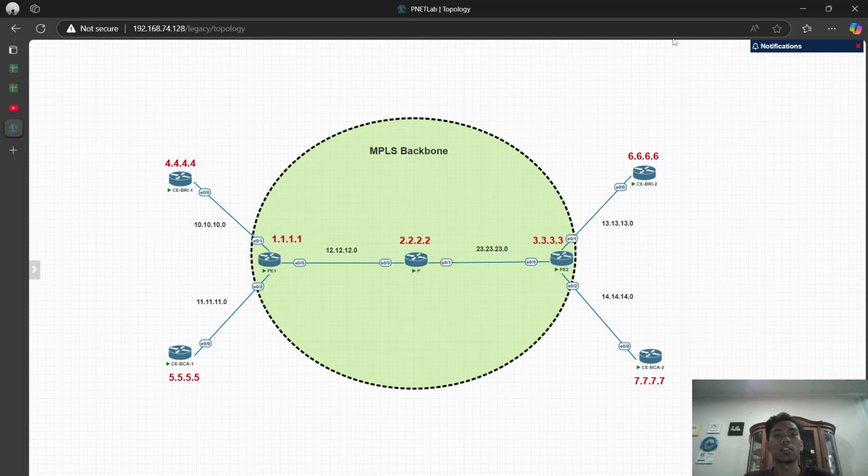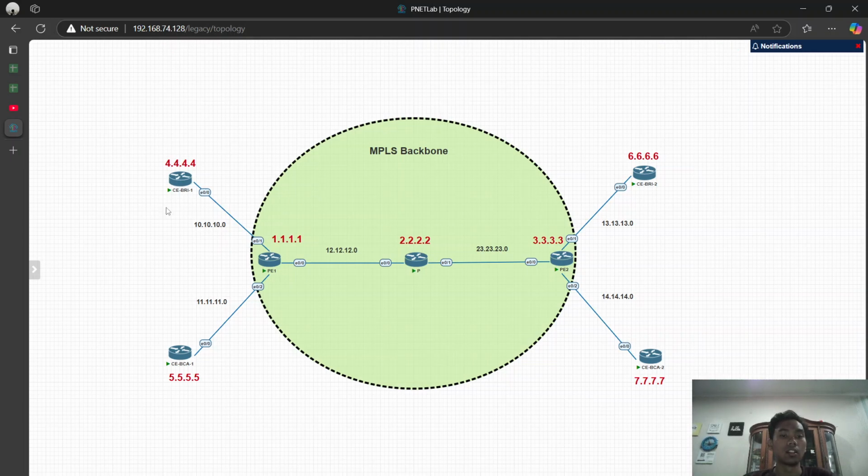So now I will route another CA with the routing BGP.